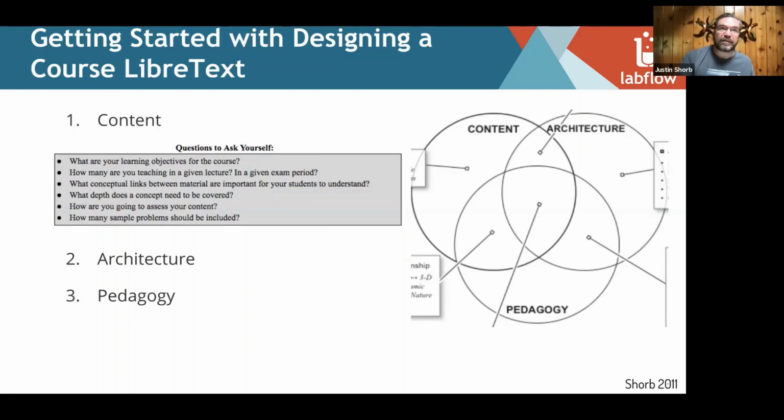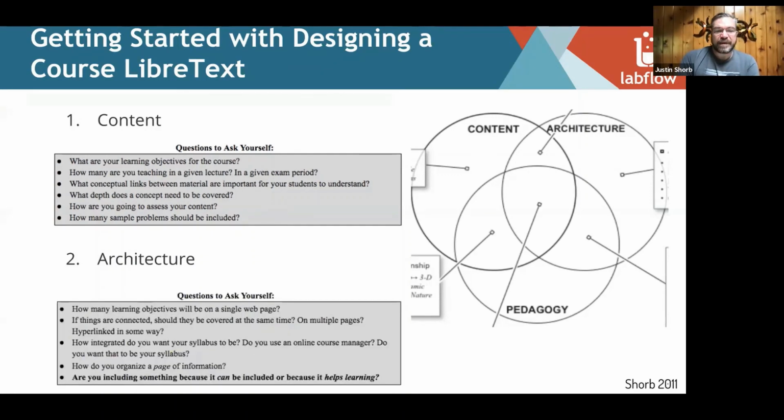Then you can think about the architecture. How are you going to group those together? How are you going to make them tied together in such a way that makes the most sense for the structure of the material that you're looking at? So for instance, how many learning objectives are you going to put on a single page? This, I think, is the biggest thing I struggled with in redesigning the textbook the first time I did it back in 2010. And that is, I'm so used to putting everything that's kind of vaguely together underneath one chapter title. And then some sections really break up the reading.